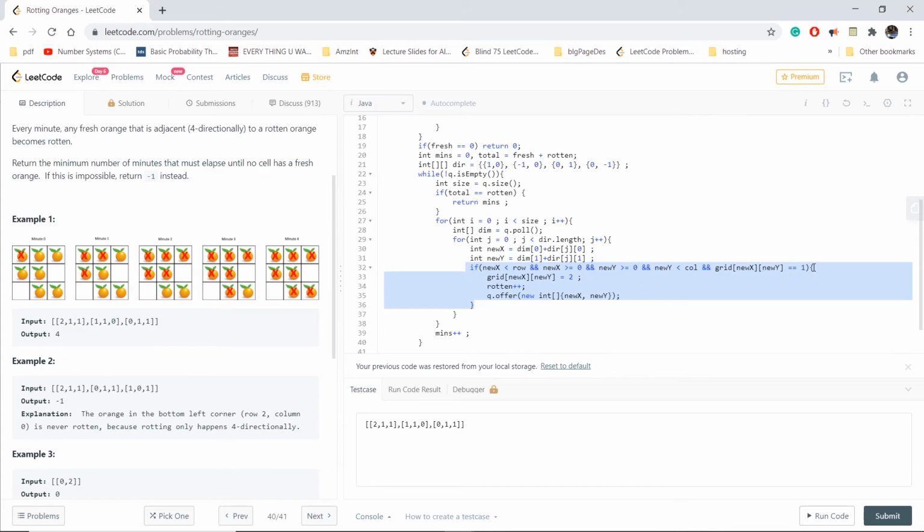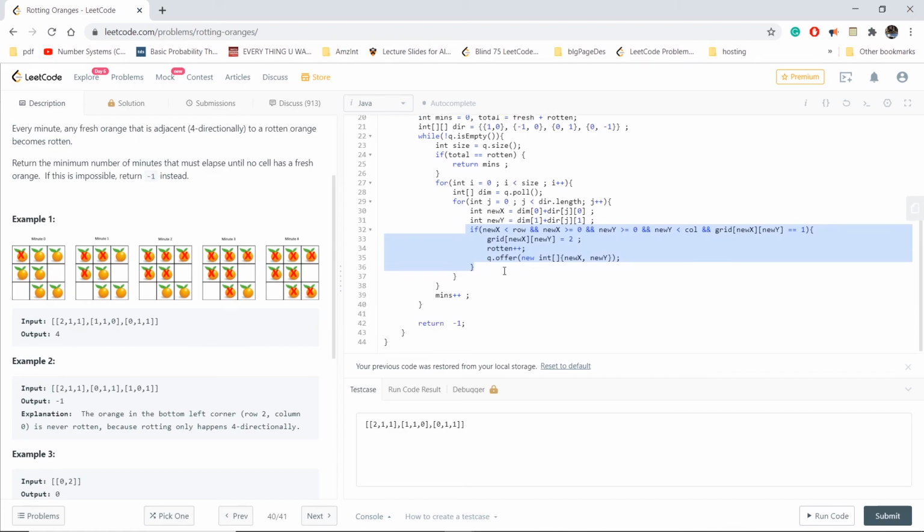And if the condition passes, then we convert it to rotten and we increase the rotten count. This rotten count will be incremented whenever the condition happens. This is the ground condition where rotten equals total. And when we convert the fresh to rotten, we add it to the queue so that it will convert its nearby fresh oranges to rotten in the next level of operation.